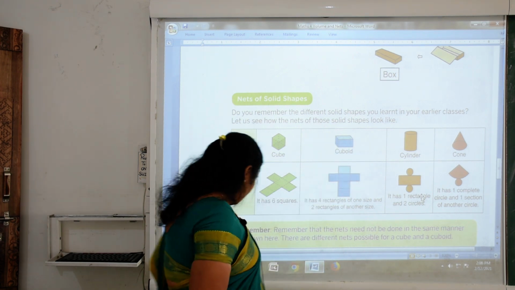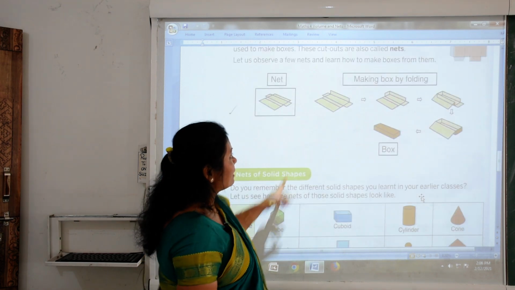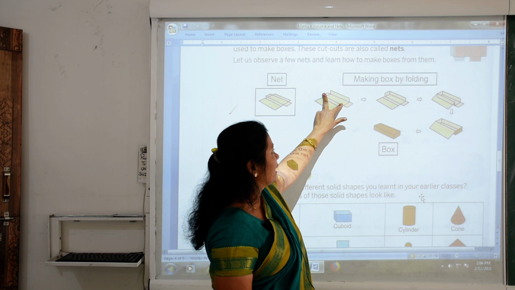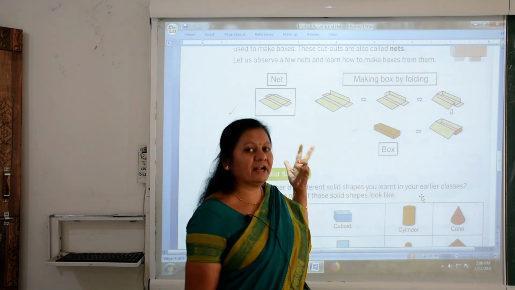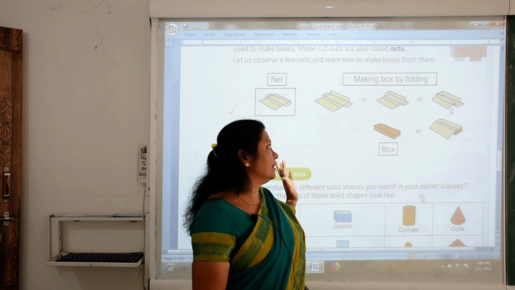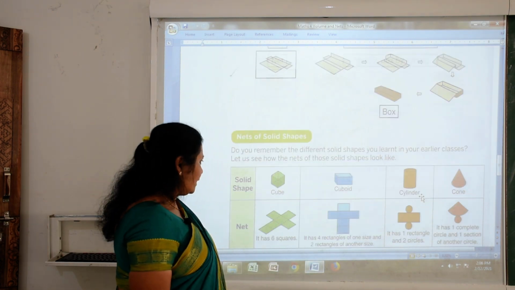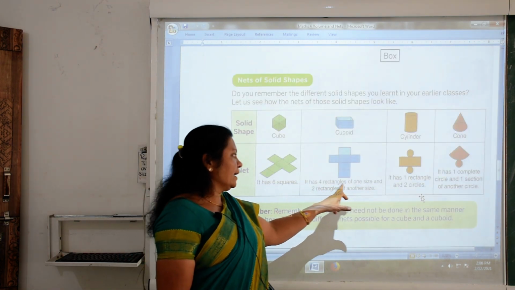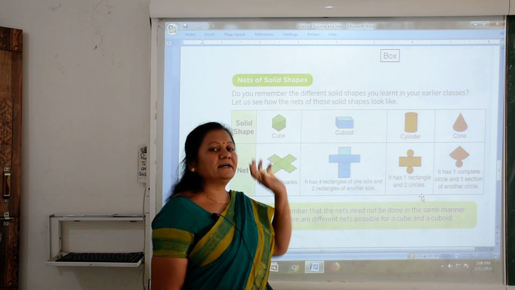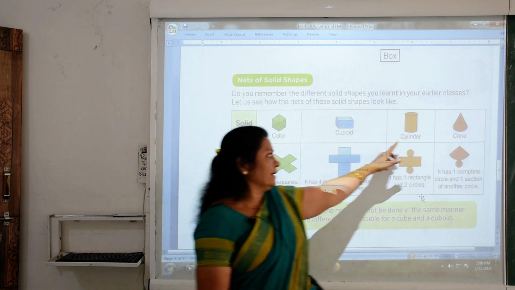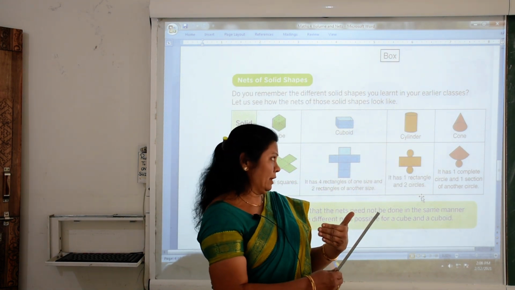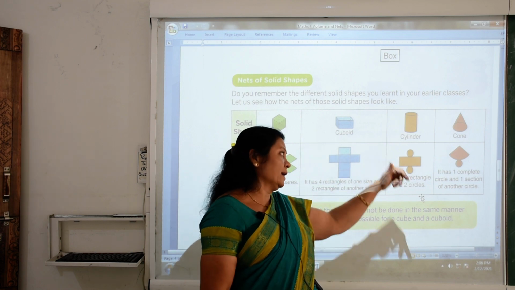When we fold the other 2 rectangles, they are a different size. So they are different size rectangles, but both are rectangles. Okay, so in a cuboid there are 4 rectangles of one size and 2 rectangles of another size. Now the cylinder. When you open any rounded object, a rounded picture, so